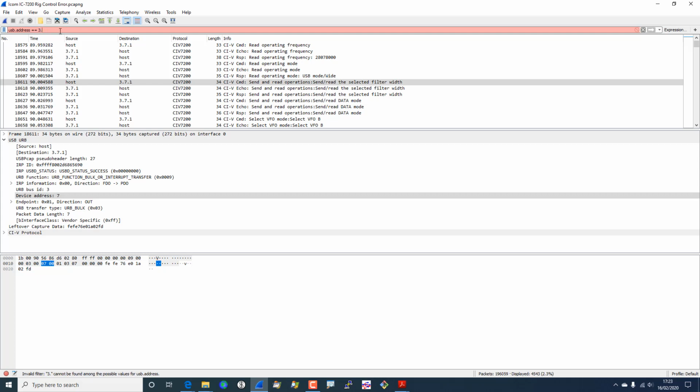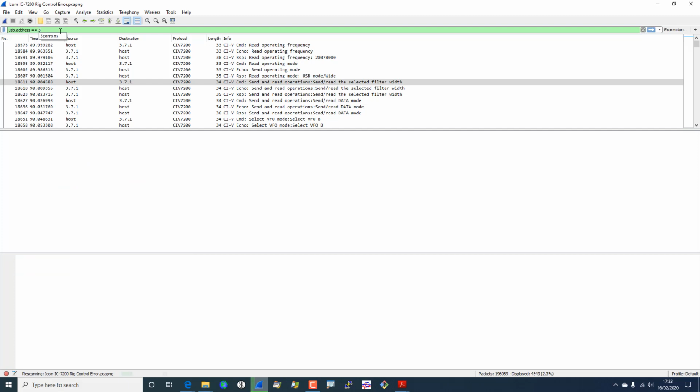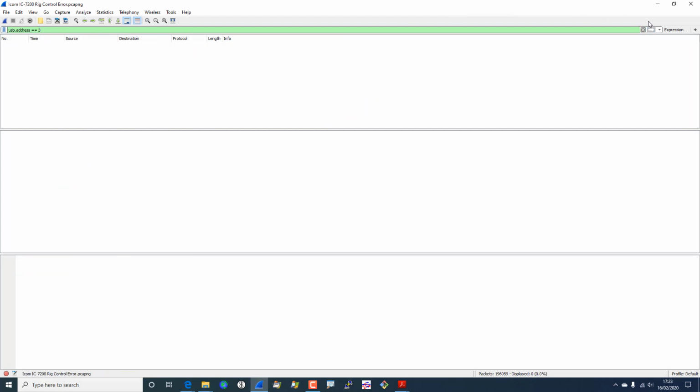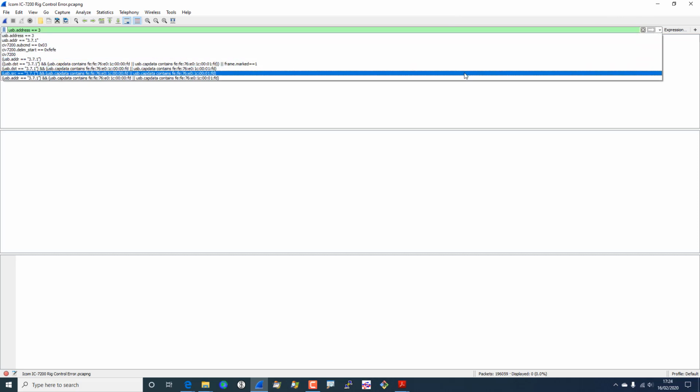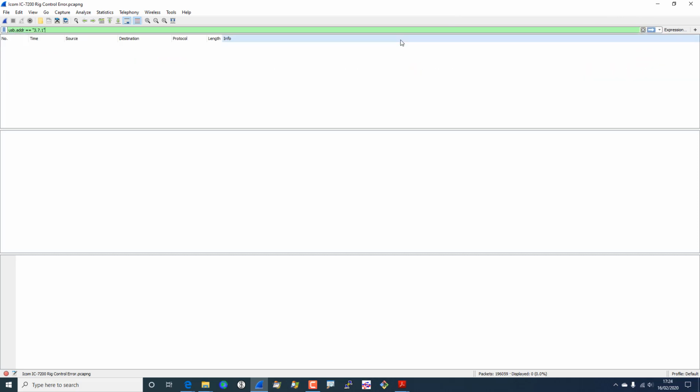So this can all be very confusing. The actual filter term you need is USB.addr, that one. So that's the filter term we need to stick with. Okay, so if I apply that filter term,